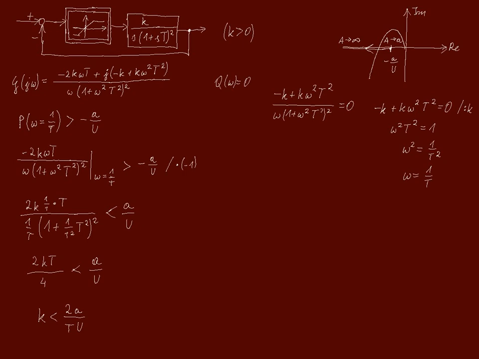However, we cannot leave this condition as a result, because in the task we also had the condition that the gain should be greater than 0. So, in the next task we assume that the system is given